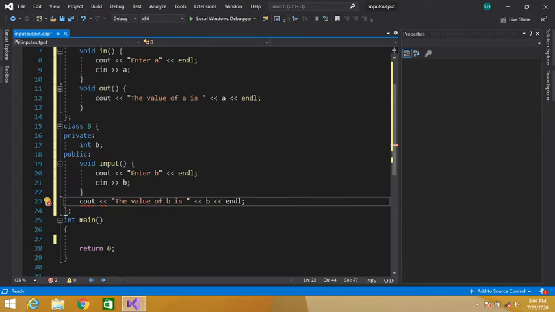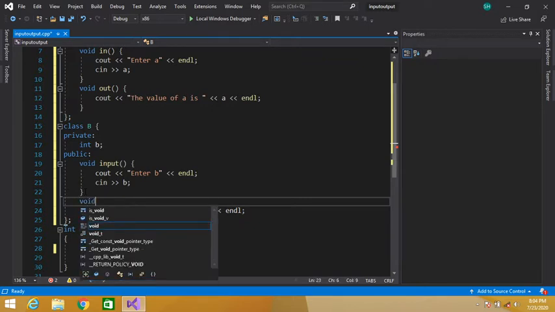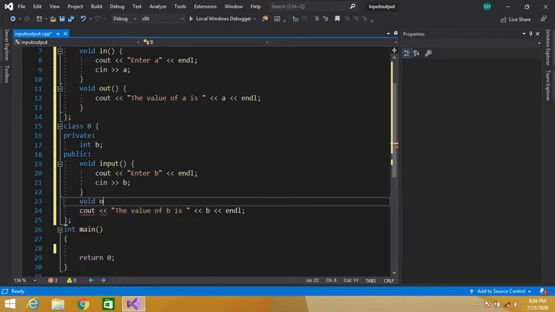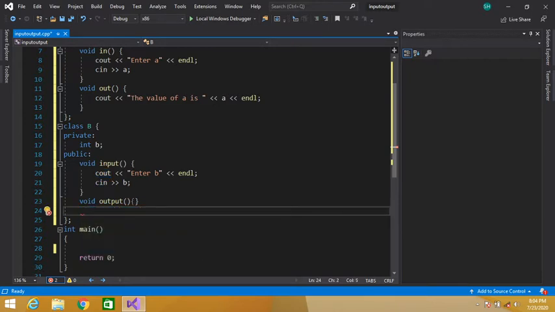Okay guys, we have to create our output function, void output. This is our output function, and we will display the value of our B data member.